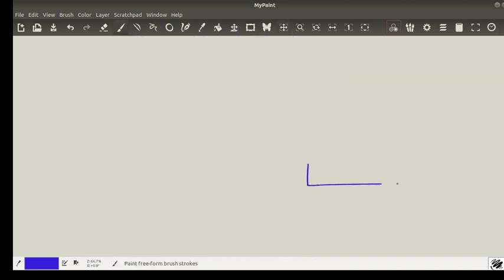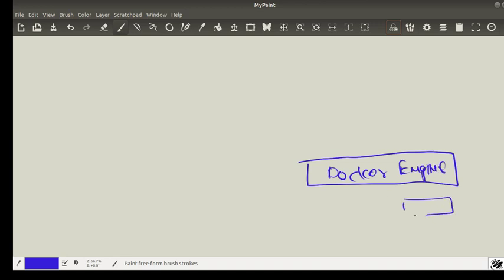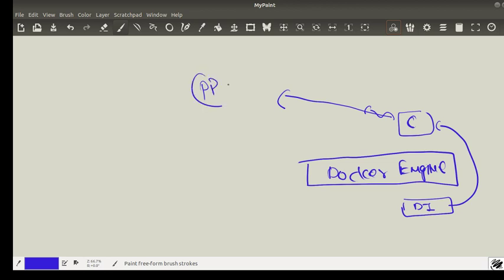So if this is the docker engine, where I have a docker image, and from the docker image I'm creating a container, and during container creation I have to give some parent process, and that parent process I can give as cmd or xyz and so on. But you know what, the parent process that you are giving